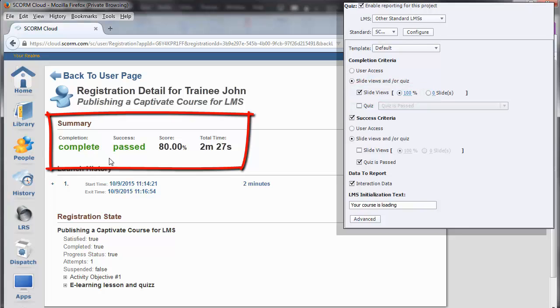The success status is passed. It's also correct because I've reached the number of points defined in the Captivate Pass or Fail menu. Here the score of 40 points on 50 has been translated in percentage and matches to 80%.